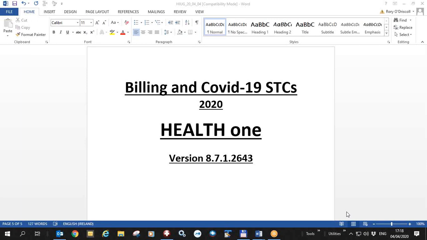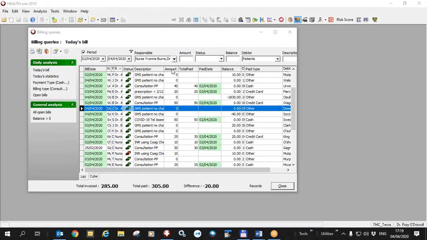particular to COVID-19 assessments. In this screen, we will see a billing analysis of our daily private patient income. We did that by clicking on this button up here, the billing analysis. For the purposes of this demo, I have taken 3 days, from the 2nd of the 4th to the 4th of the 4th. As you can see, the debtor here is the patients, and the amount of money earned in this demo is €285. However, if I change the debtor from patients to HSE COVID, for example, then I can see immediately a